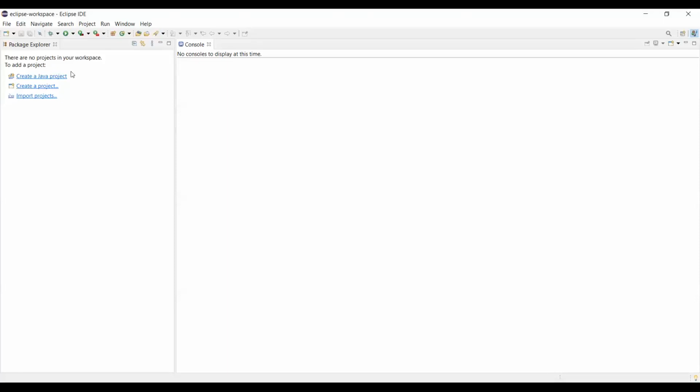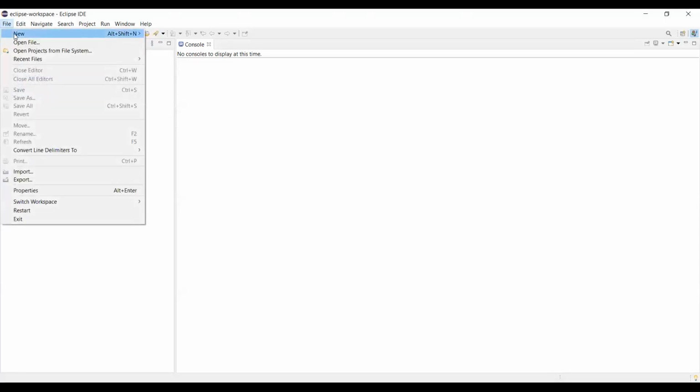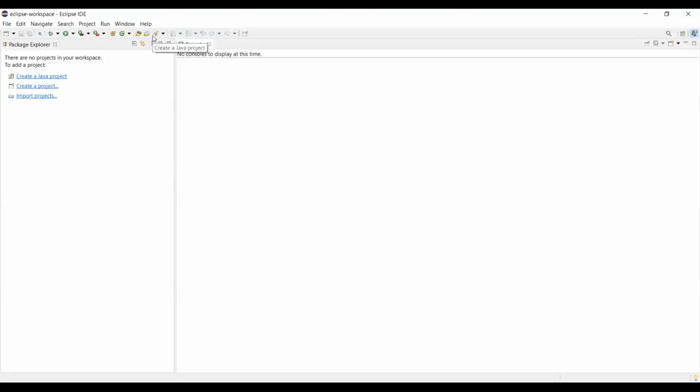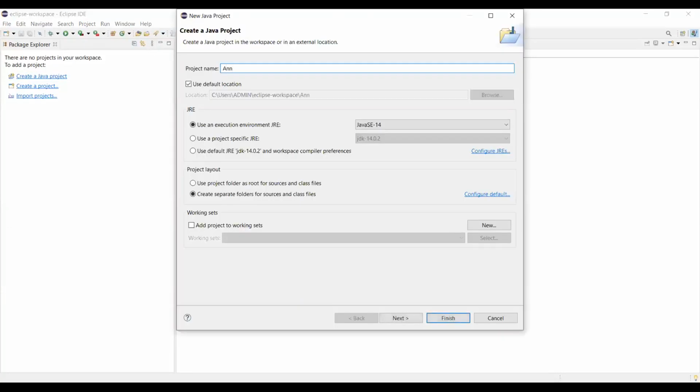Now, I'll just give you an introduction about how to start using an IDE. You'll have to initially start creating your project, okay? Because everything we do happens in a project. So I'll click a new Java project. Let's say I'll give ANS projects. The default location is users, admin, Eclipse, workspace, ANS projects. Whatever you type over here, that would be the last folder. Anyway, I am not planning to change the default location. I'll go for my next.